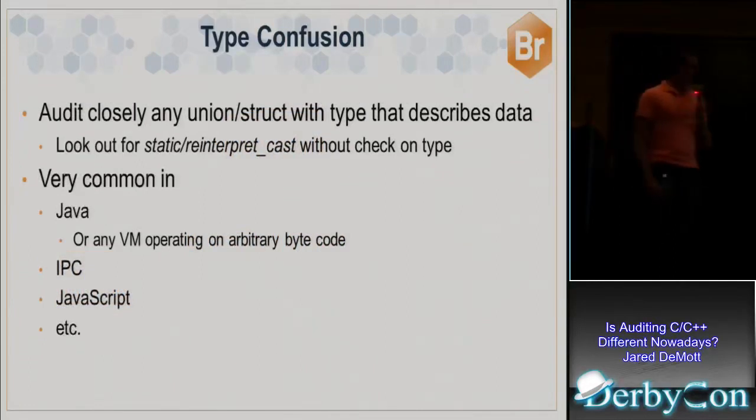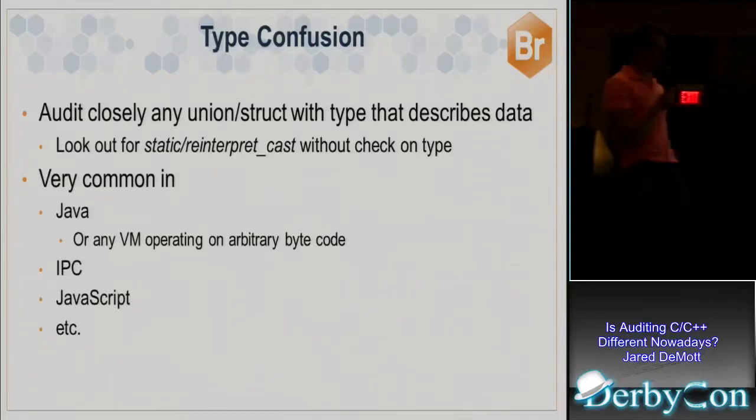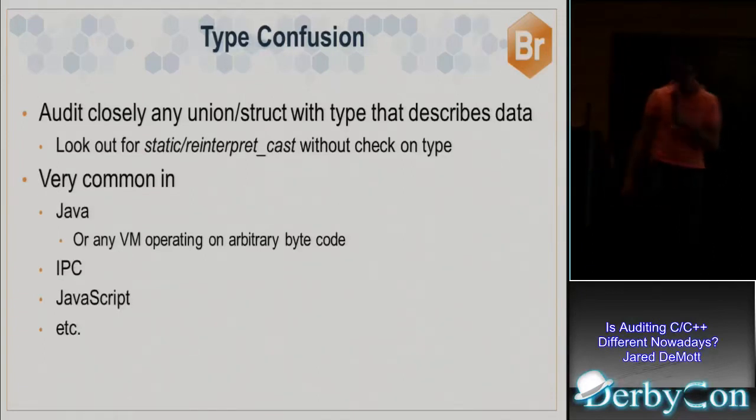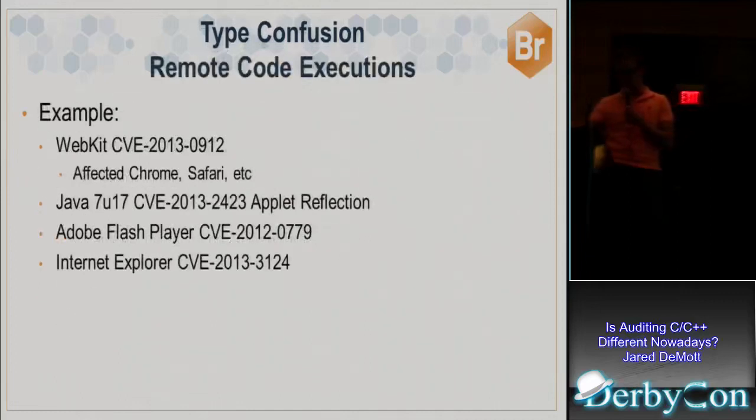Where do we see type confusion showing up? Kind of similar to the use after free, similar environments, basically complex environments like browsers and Java, where you have some virtual machine operating on bytecode. There's all kinds of translations going on from one type to the next. IPC interfaces where you're sending complex objects over some pipe and they get recast or rechecked or something on the other side of the pipe. Those are the kind of areas where you can expect to find these things. And the things to look out for are the static and the reinterpret cast. You see that those can be potentially naughty a lot, although they show up a lot in valid places too, so you can't just do a grep for a static cast and think that you're going to find every type confusion, because it may be perfectly fine in many cases.